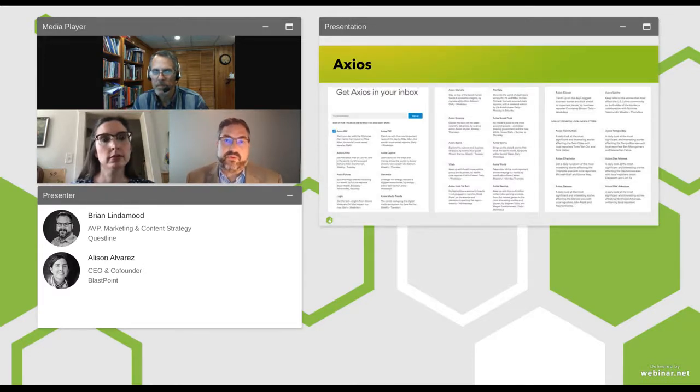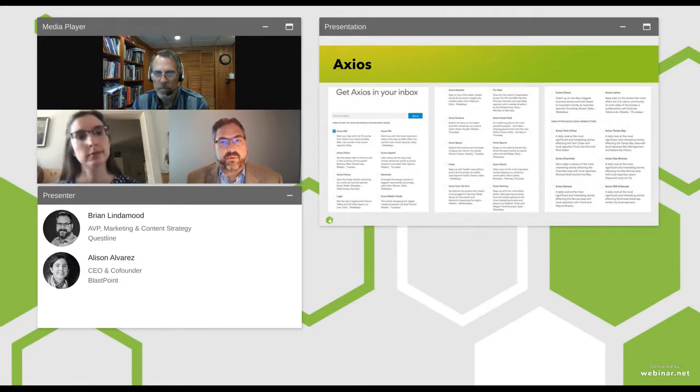This is a really interesting example from Axios, which is a news outlet that sends a lot of different newsletters. So this is an example of segmentation, but it gives the appearance of personalization. On this page, customers can sign up to receive any or all of 25 different newsletters. These 25 lists are segments because it groups all of the customers who are interested in each topic. It's not personalization, but by allowing customers to opt in to these groups, by letting them choose what they're interested in, it feels personalized. It's segmentation that feels unique to each customer. And I think this would be a really good approach for energy utility newsletters.